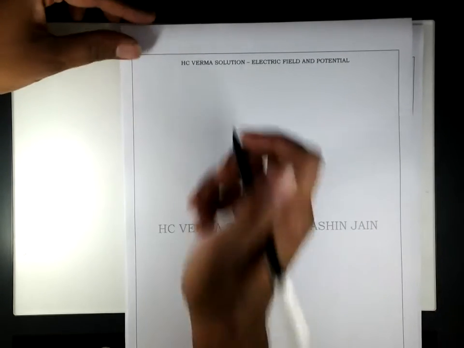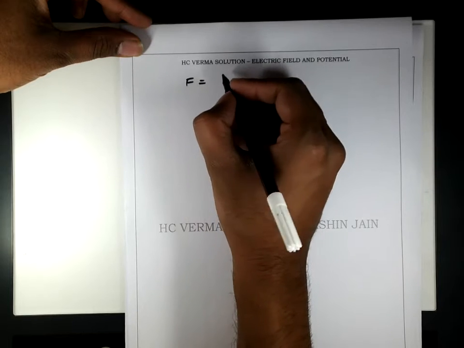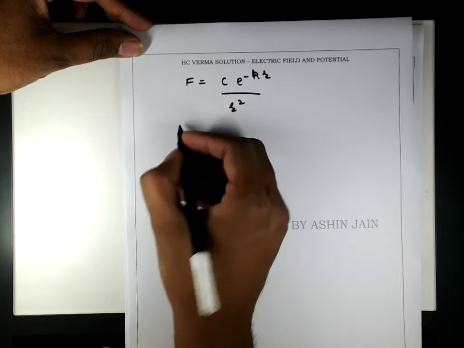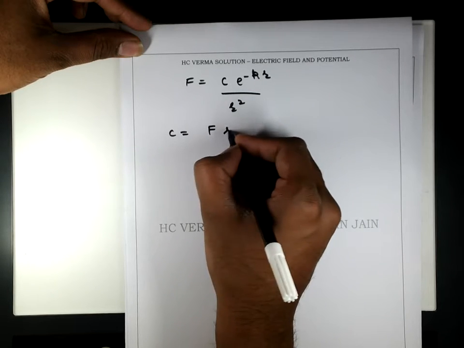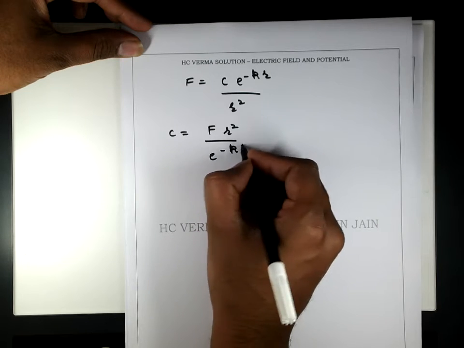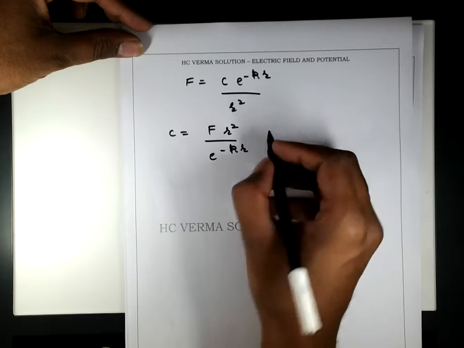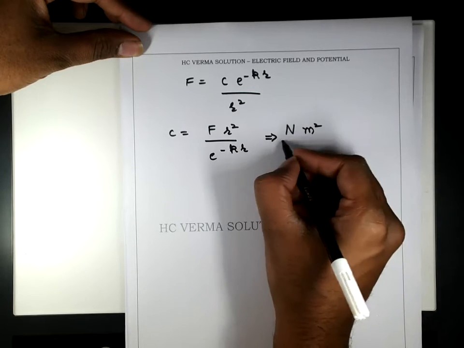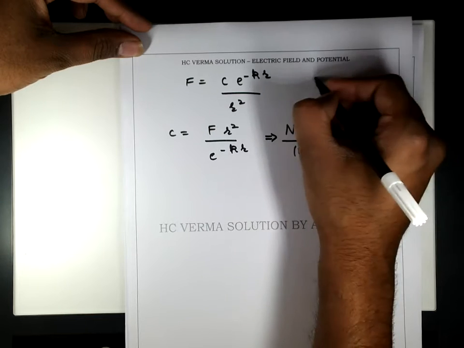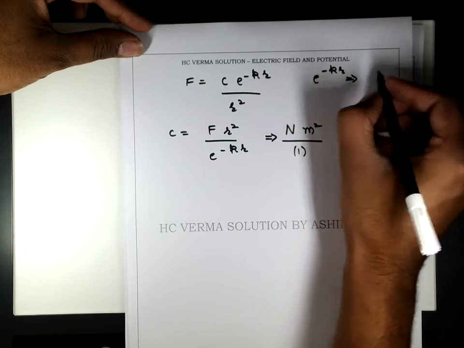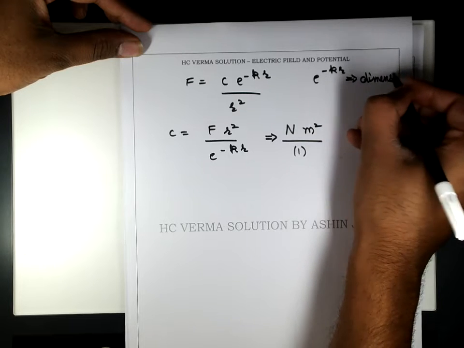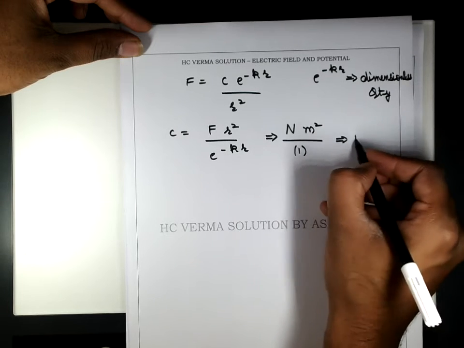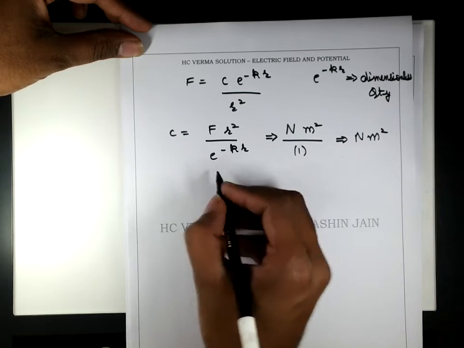See, force is actually C into e to the power minus kr divided by r squared. So C can be stated as F into r squared divided by e to the power minus kr. Now F has a dimension of Newton, r squared has a dimension of meter squared, and e to the power minus kr is again a dimensionless quantity. So the SI unit would be Newton meter squared,